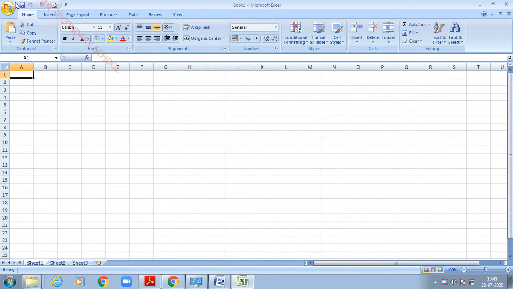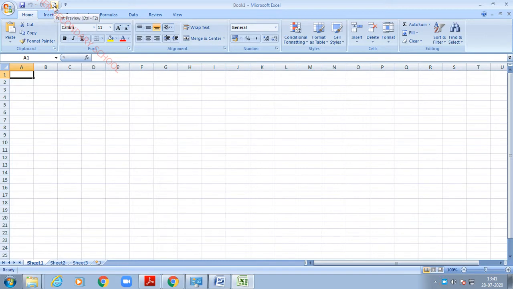In this upper left corner, you will be having a quick access toolbar. As the name itself suggests, you can understand the meaning. Frequently accessed commands are available in this quick access toolbar like save, undo, redo, print preview.